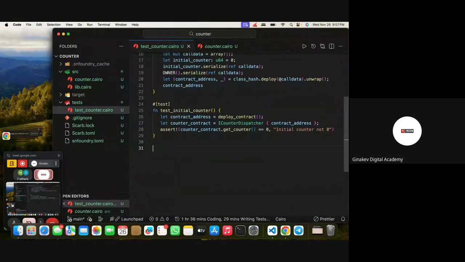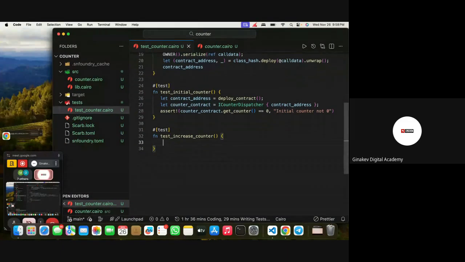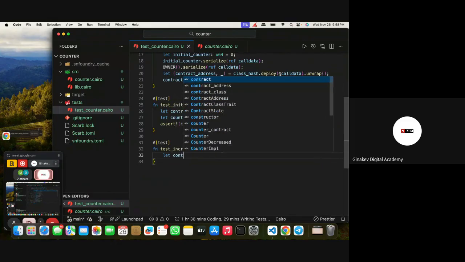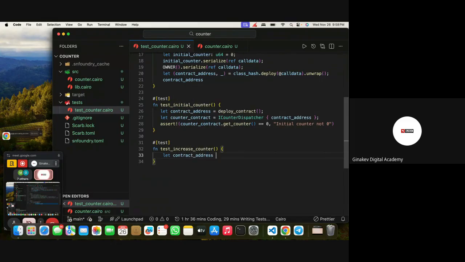To do that, we are basically writing a simple Cairo function, but to identify it as a test, we must pass the test attribute. Then we give a name to our test, test increase counter. Write the function test increase counter. Once again, we have to deploy the contract, and it will return the contract address. So you can save that inside the contract address variable, deploy the contract, call that function, and then